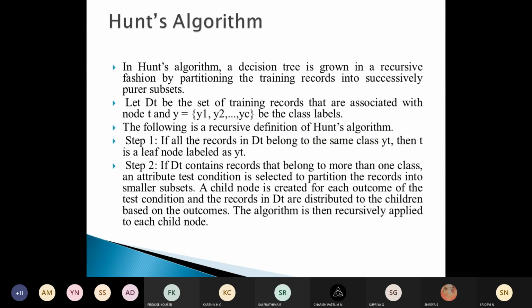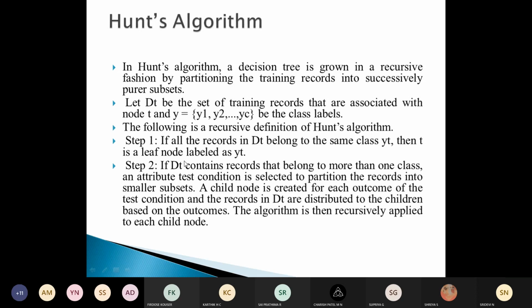Let Dt be the set of training records that are associated with the node t. So for a particular node t, we will have Dt, which represents the set of training records associated with that node, and we'll also have class labels y1, y2 up to yc.